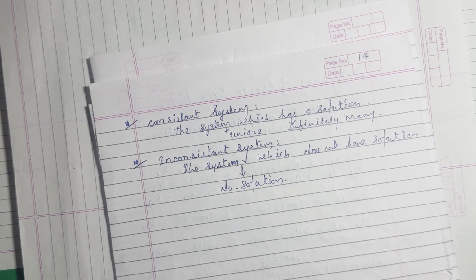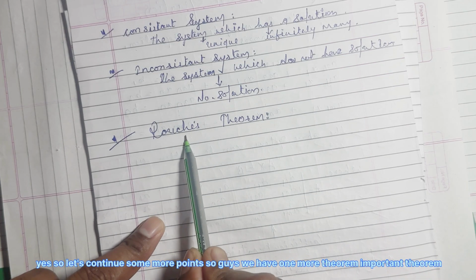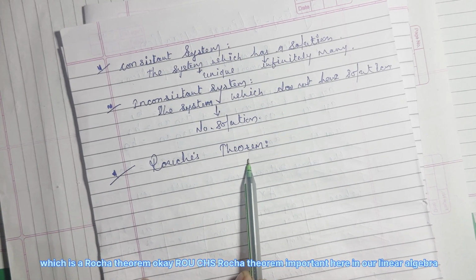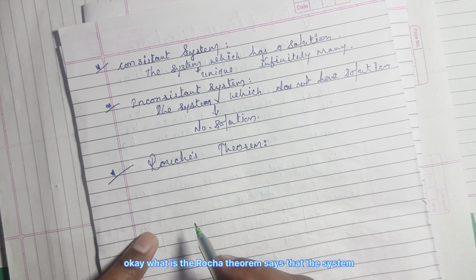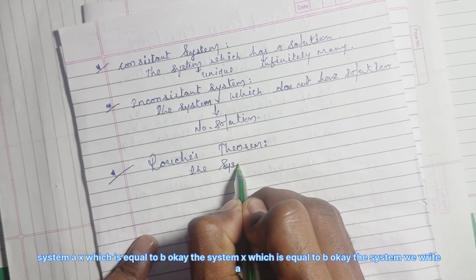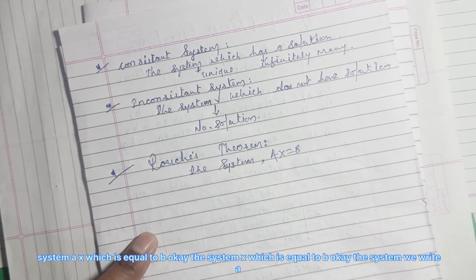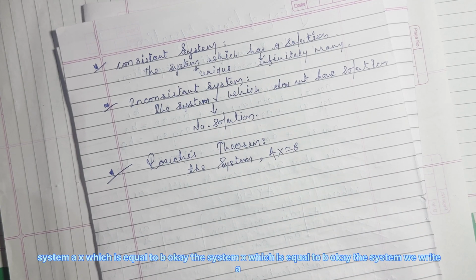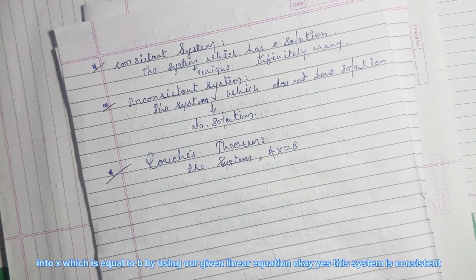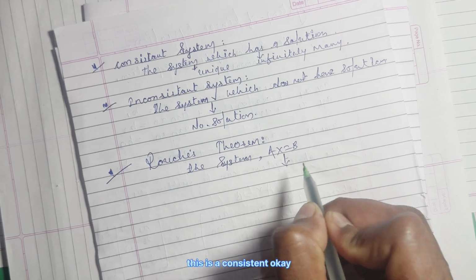Yes, so let's continue with some more points. Guys, we have one more important theorem, which is Rouche's theorem. Rouche's theorem is important here in linear algebra. What is Rouche's theorem? It says that the system Ax equal to b, where we write A into x equal to b using our given linear equations, is consistent